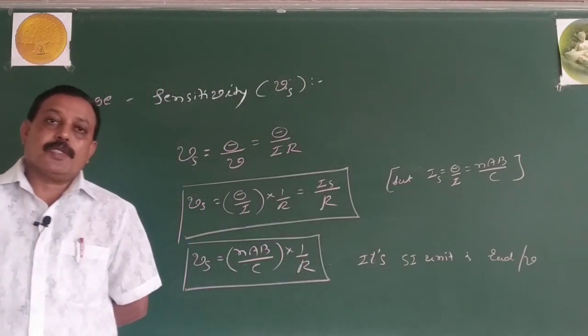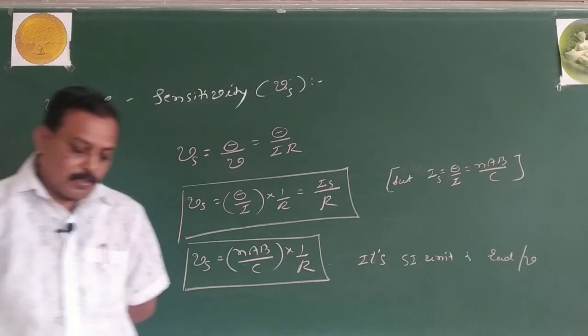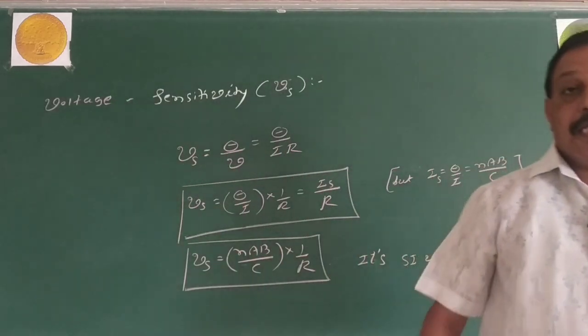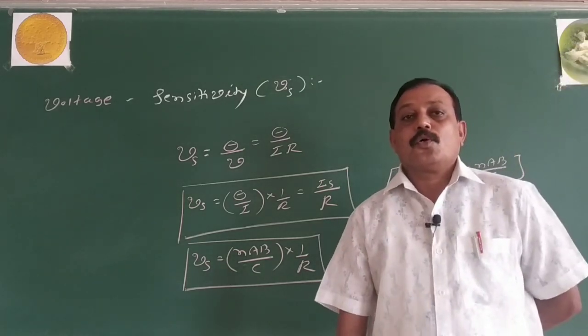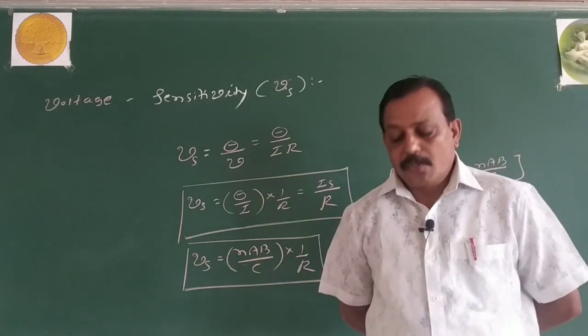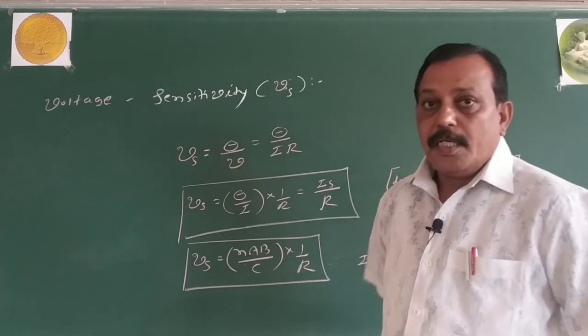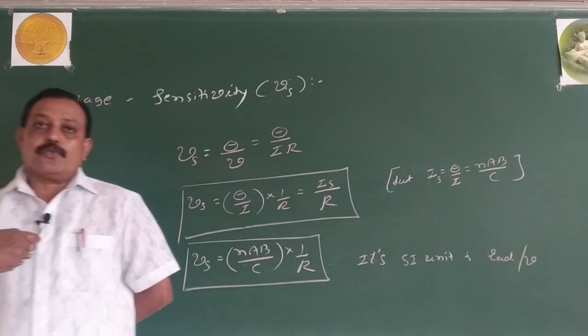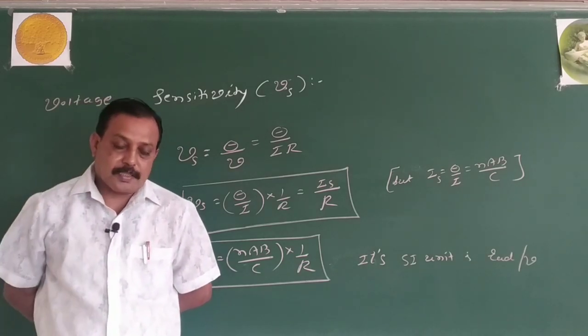Because of its only one advantage, that it measures a very small amount of current, we give it importance. But the suspension is delicate and complicated, so we cannot send a large amount of current. If we send a large amount of current, more twisting is created. Due to that more twist, there will be chances of cutting the suspension strip.